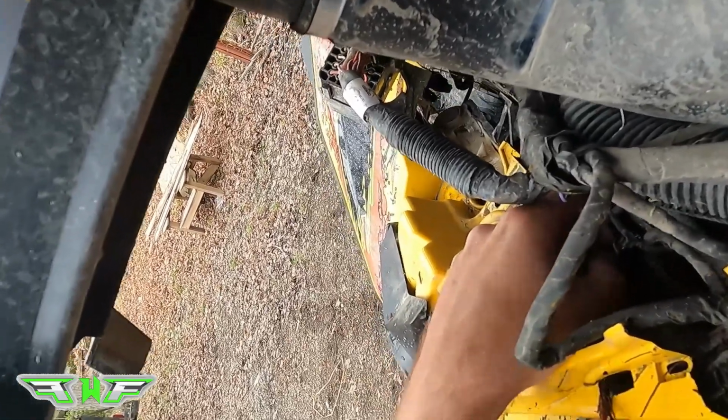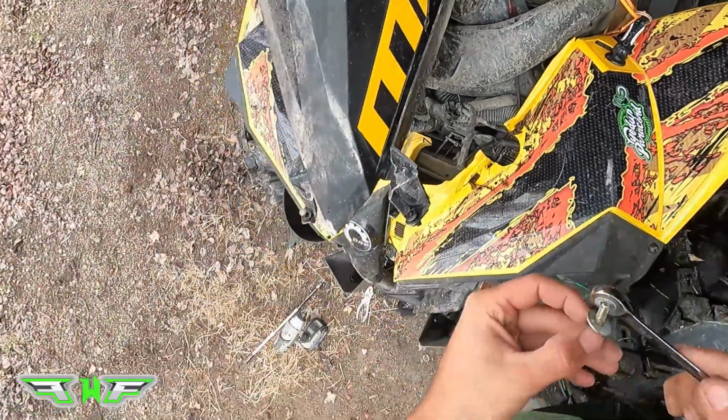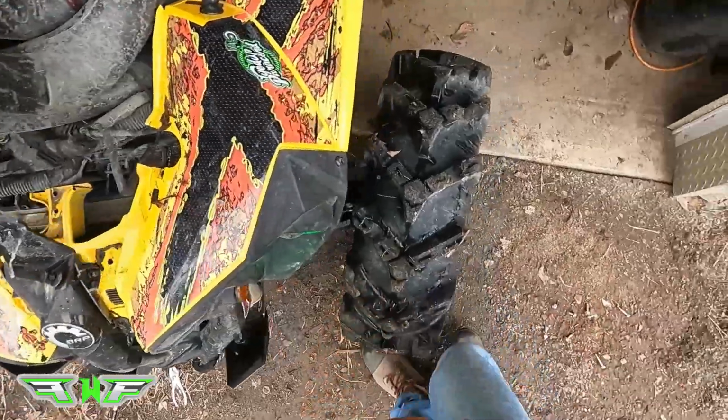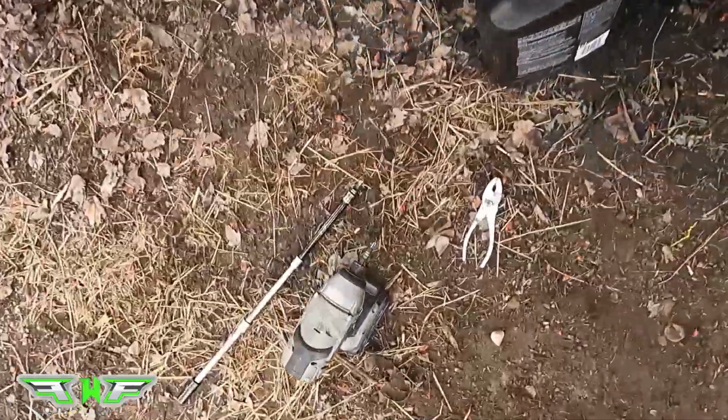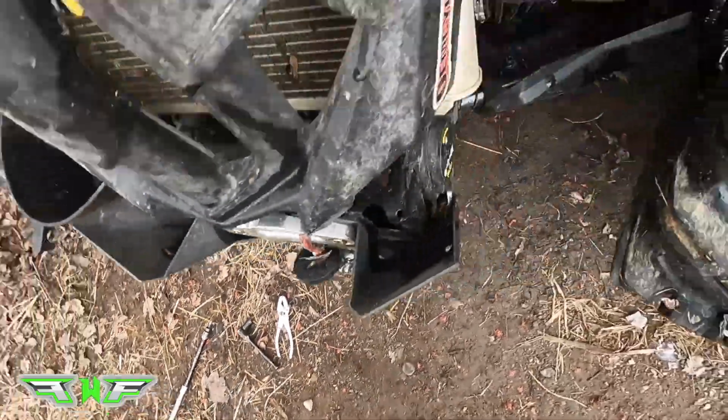Okay, pull that out, rotate that so we don't lose it. Then put that back in. Place it with the others. Okay, so now we just have one clamp to take off, which is